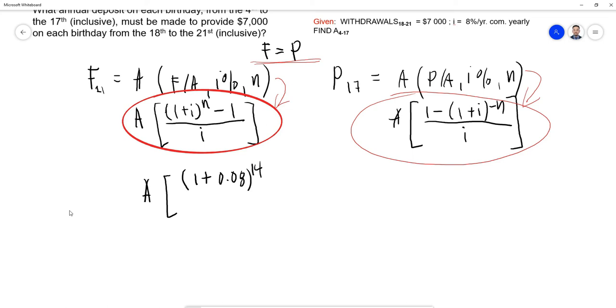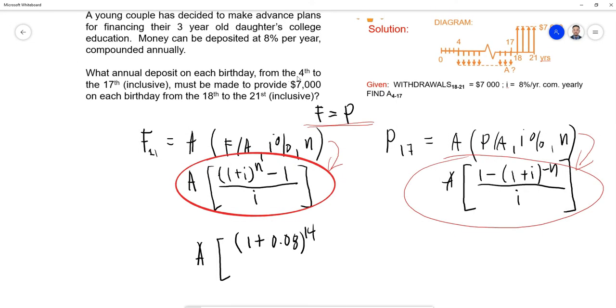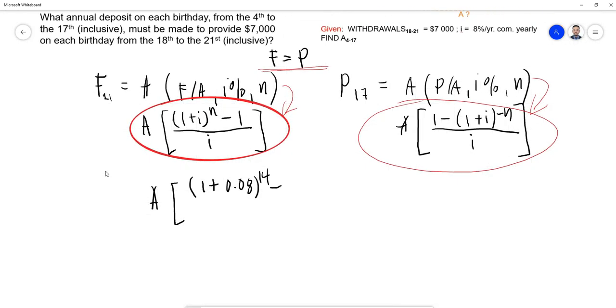Where do we get this? This is from the 4th to the 17th. So we count from 4th, 5th, 6th, 7th, 8th, 9th, 10th, 11th, 12th, 13th, 14th, 15th, 16th, 17th. So that is 14 periods. Minus 1 over 0.08, which is I,